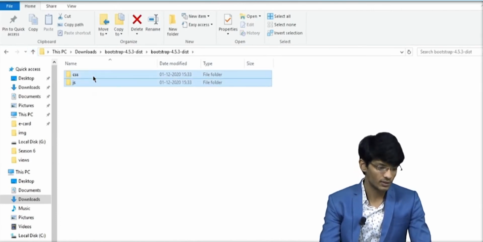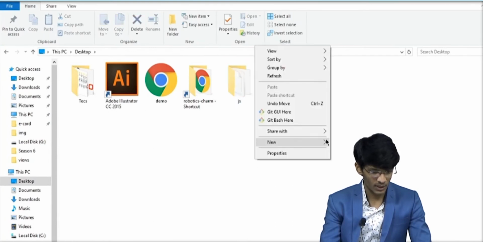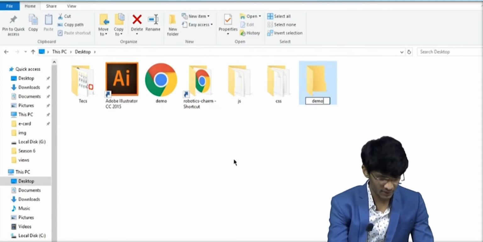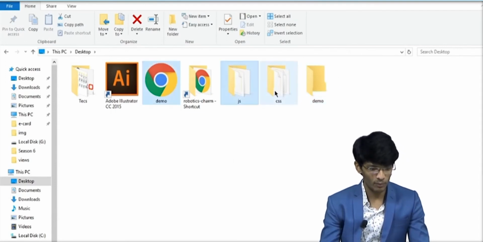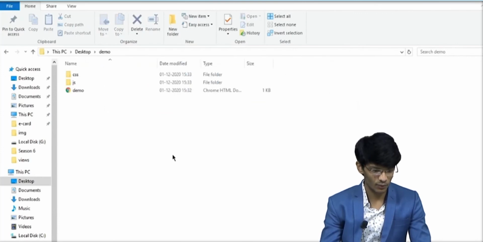We will copy these and make a new folder named demo, and move these three things inside the folder.